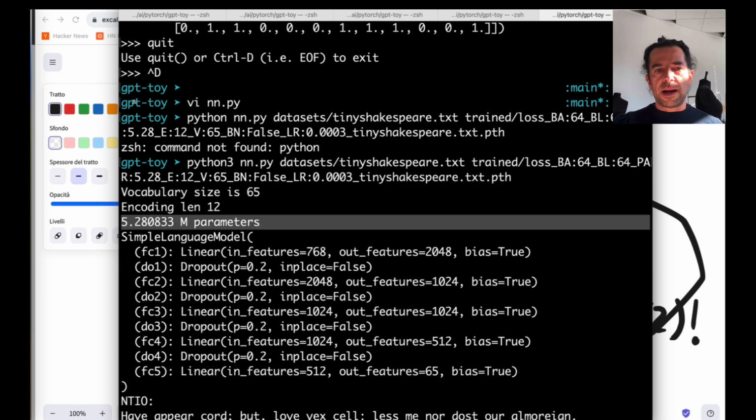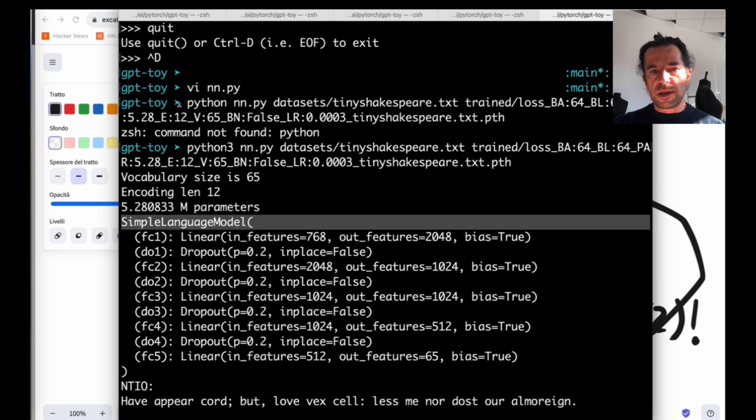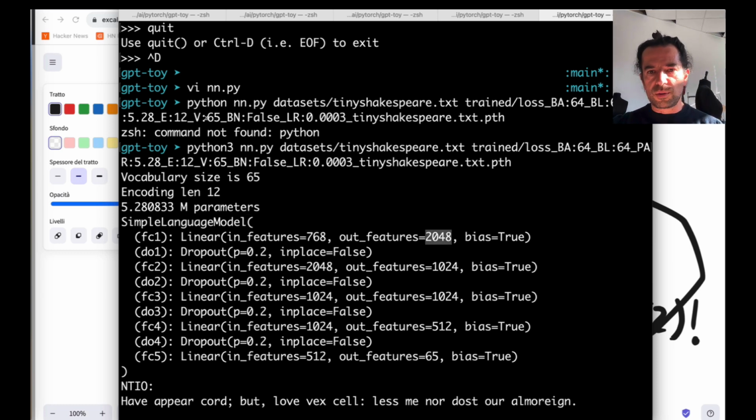There are 5 million parameters in this feed-forward network, called simple language model, and you see the input is 65 times 12, and it fans out to 2048, which is my first hidden layer dimension. Then the next layers are 2 layers that are smaller but the same size, and then one that is the final part of the funnel, and the output, which is even narrower, just my 65 characters.